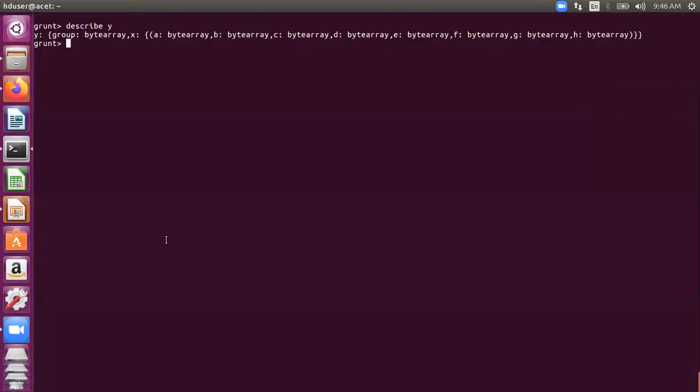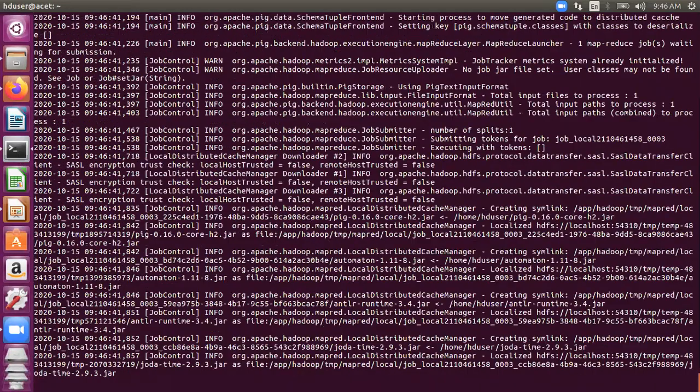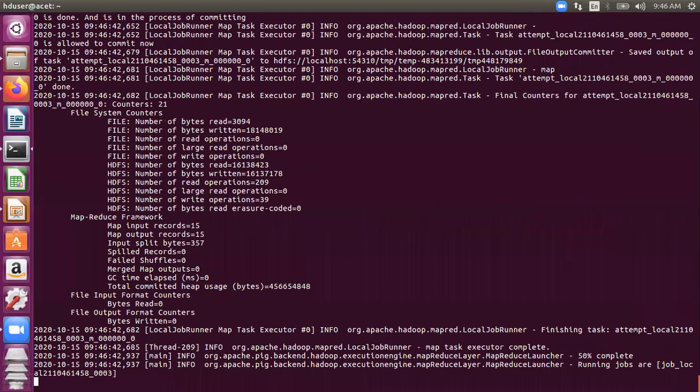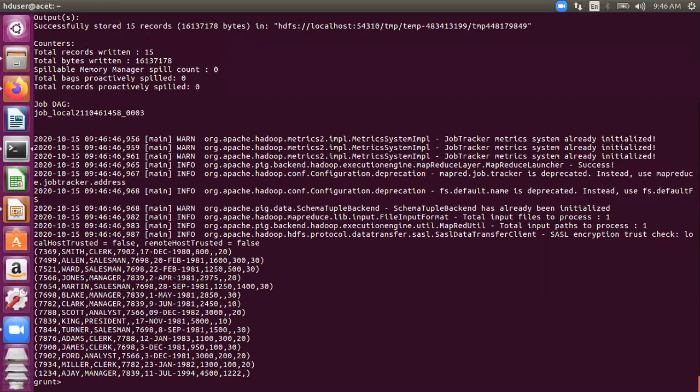If you can see here in your relation X, for department number, the unique values are 10, 20 and 30, and one is null also. So unique values are all taken up as groups. We will have three groups, 10, 20 and 30, and all the null values also go into a single group, which is indicated by a null in place of group.